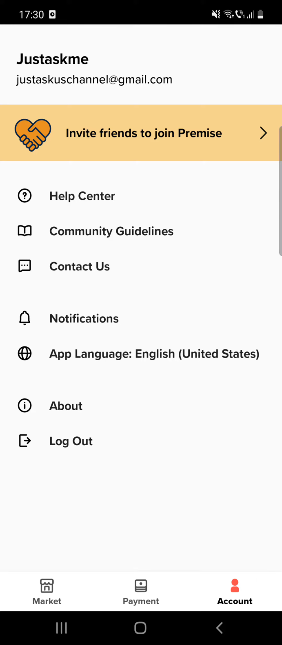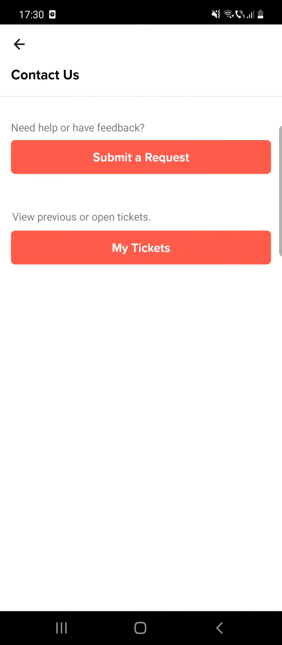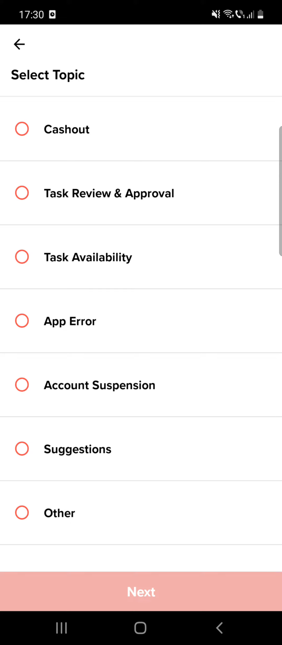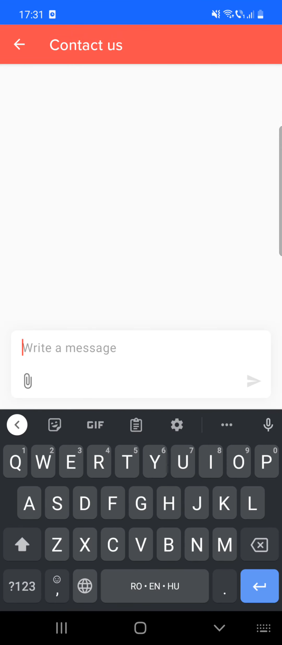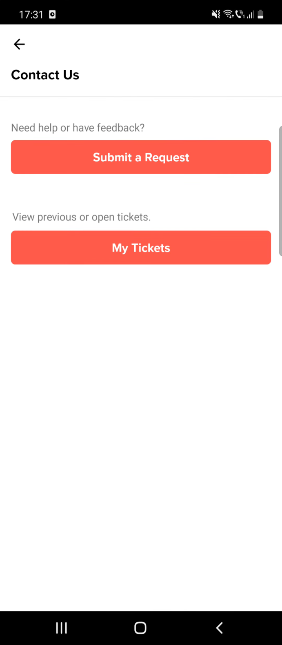If you go to the account, which is at the bottom of the screen, then click on contact us, and after that submit a request. So there are topics like cash out, task review and approval, task availability, app error, account suspension, suggestions, and others. So let's see, if I want to ask something about the cash out, if I have some problems, click on that, and here you have to type your message, and after that you have to send that message and they will contact you